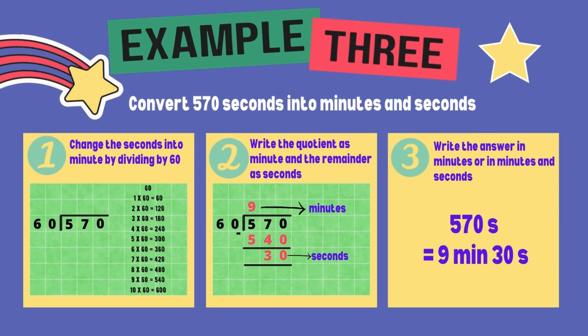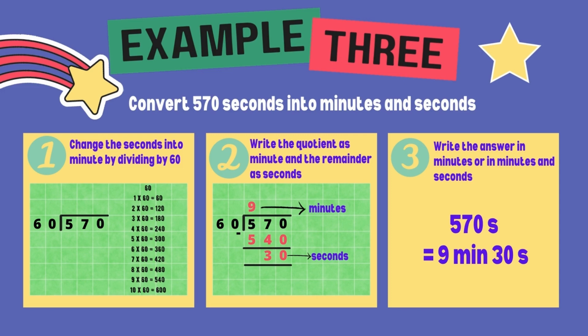Okay, let's go to example number 3. Convert 570 seconds into minutes and seconds. Okay. Now again, we are doing the multiplication of 60. Look at the 570 divided by 60. The nearest will be